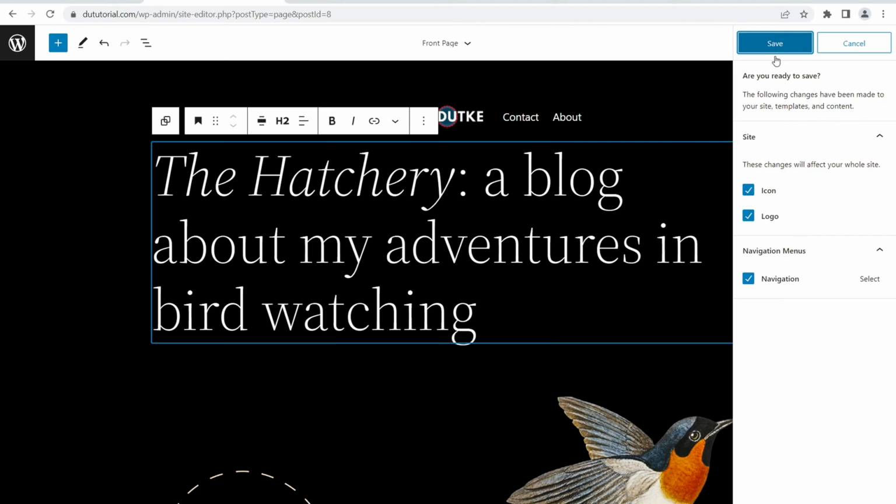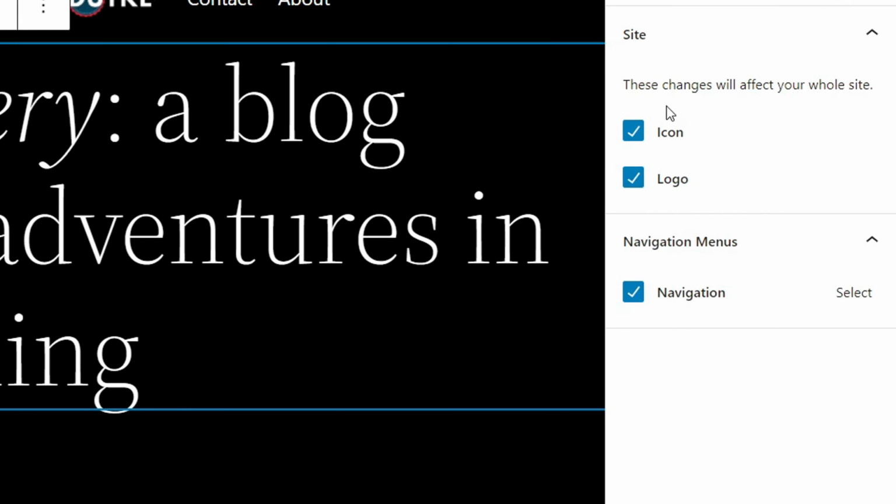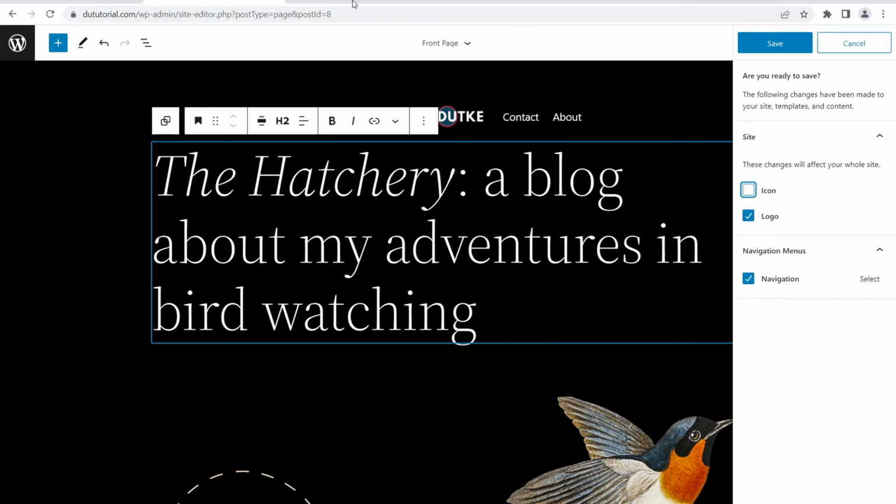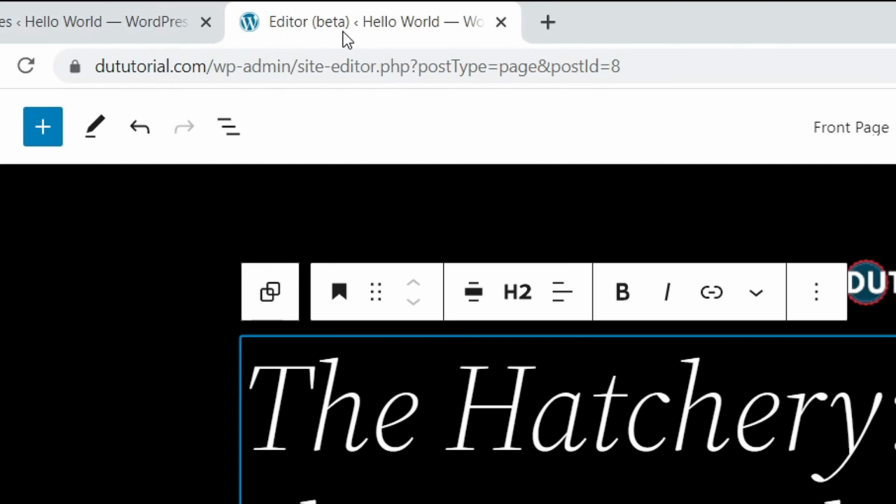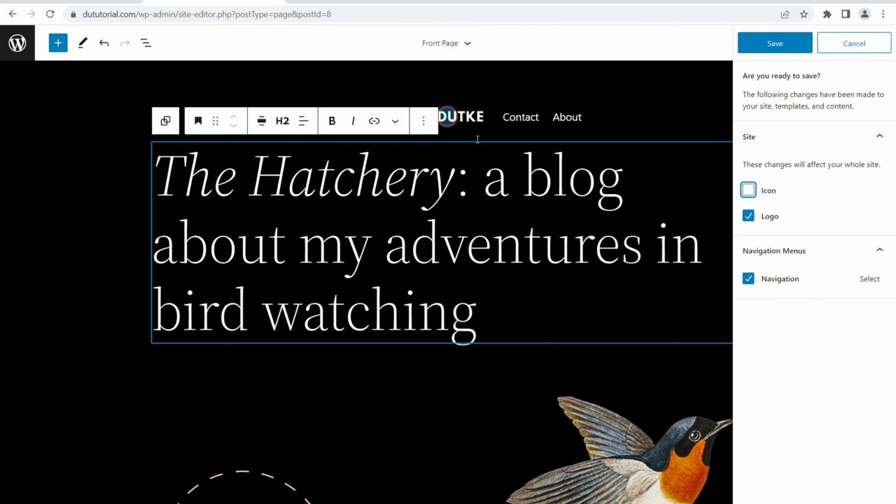Click on save. Now, one thing to pay attention to. These changes will affect your whole site. Icon, logo, uncheck icon. Icon is this little thing, the favicon. We want to upload our own custom favicon that fits. This logo is not going to fit as a favicon. A favicon is a little circle-y square thing, so it doesn't match. So uncheck icon, click on save,